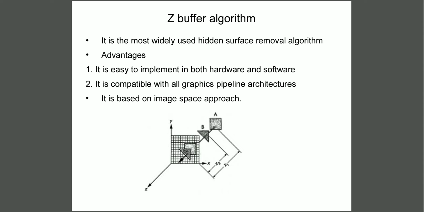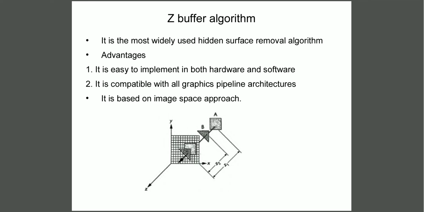Now we'll allow the ray to intersect with the rectangle also. Whenever it intersects with a rectangle, we will update the depth buffer once again. When we try to update the depth of a rectangle in the pixel of a depth buffer, the pixel in the depth buffer already contains the depth value of a triangle. Now we are trying to update the depth value of a rectangle, but the depth value of a rectangle is greater than the depth value of a triangle, because from the center of projection the rectangle is far compared to